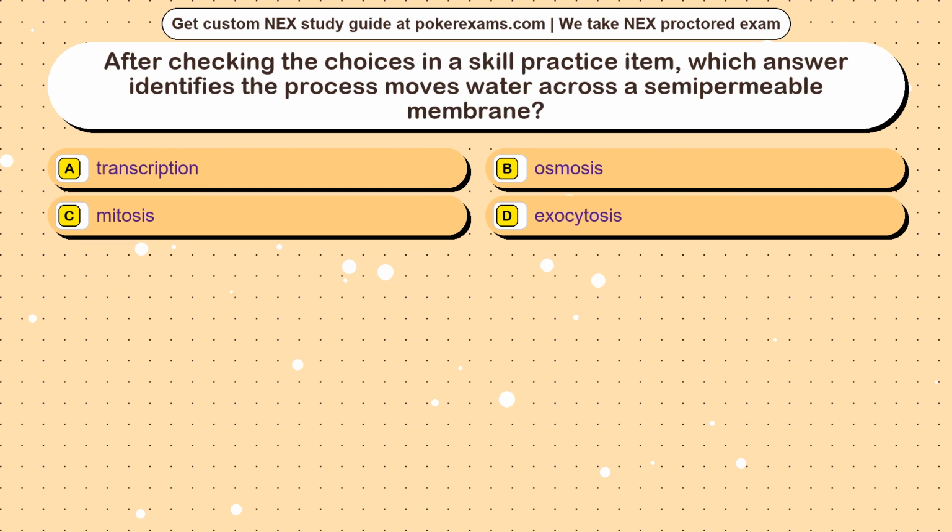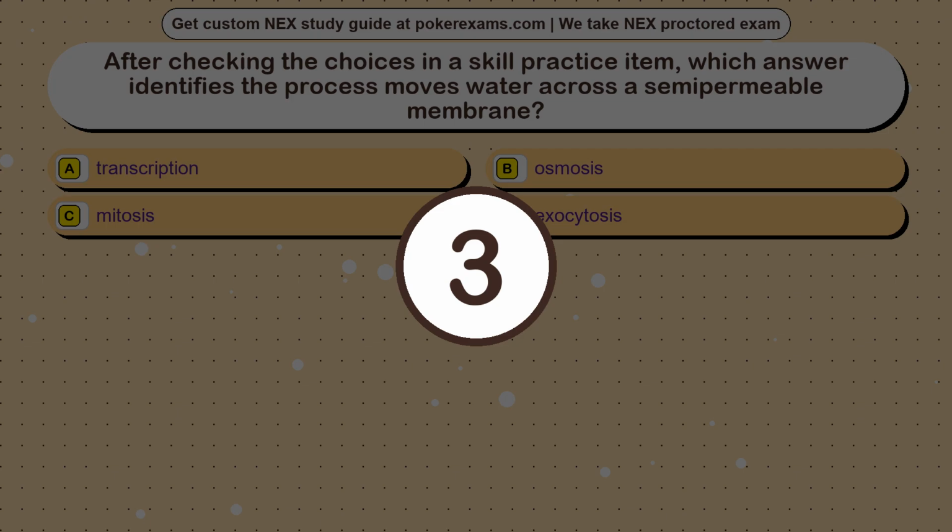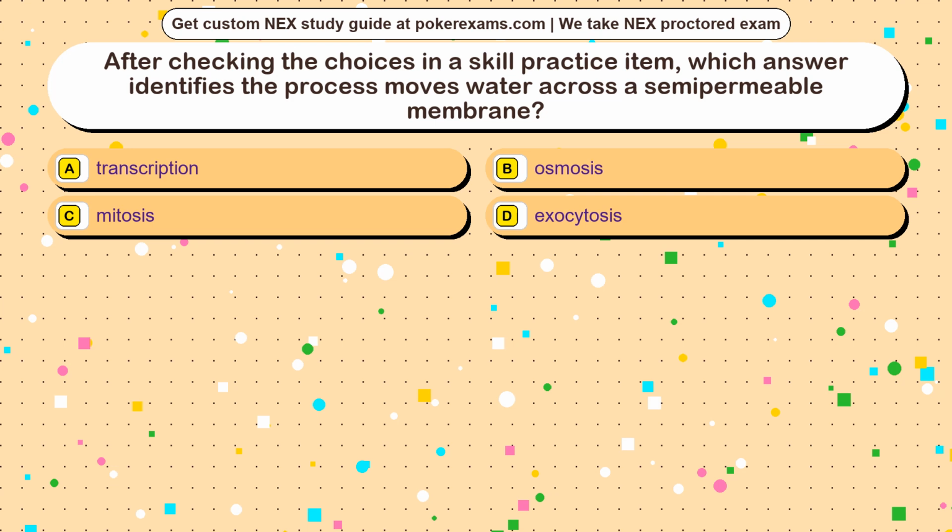Question 3. After checking the choices in a skill practice item, which answer identifies the process that moves water across a semi-permeable membrane? Option A, transcription. Option B, osmosis. Option C, mitosis. Option D, exocytosis. The correct answer is option